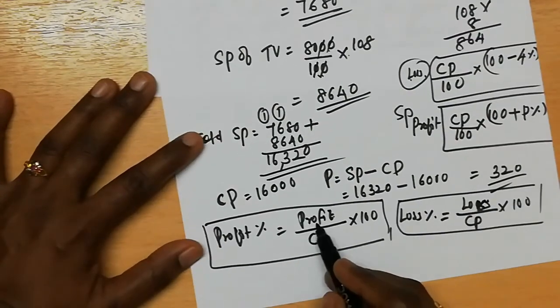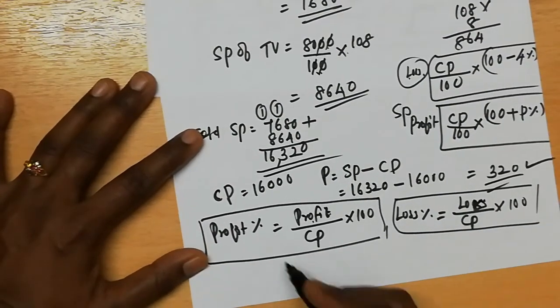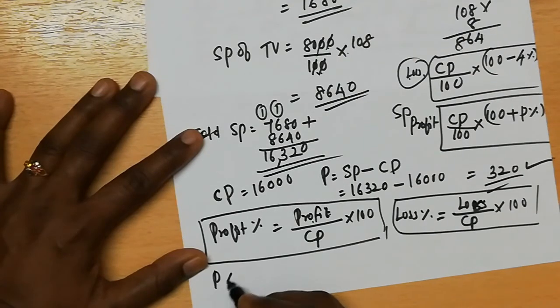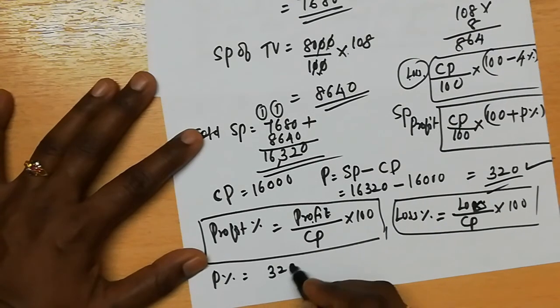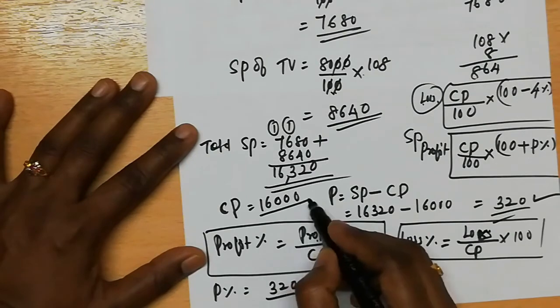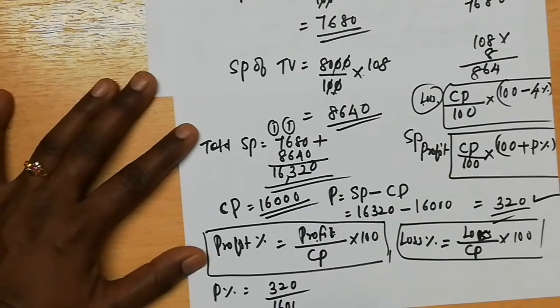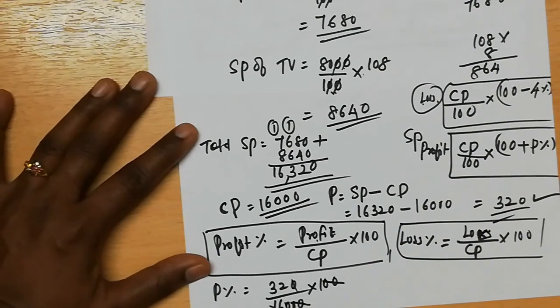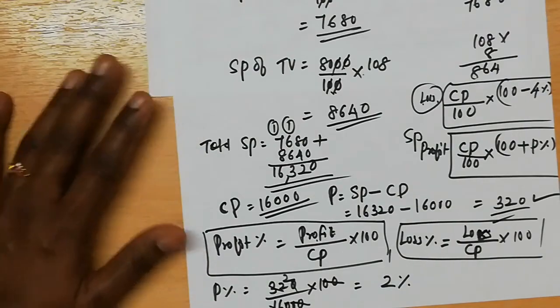Okay. So what is the profit? 320 is the profit. So we will write here 320 divided by cost price. The cost price is how much? 16,000. Then 100. Two zeros are here, here also two zeros. Then here is one zero. We can cancel this one. 16 ones are 16. Then 16 2s are 32. So the profit percentage is 2%.